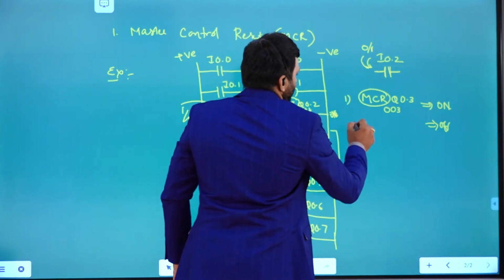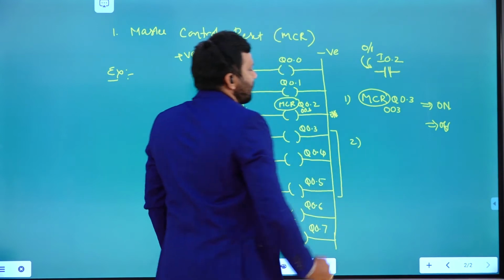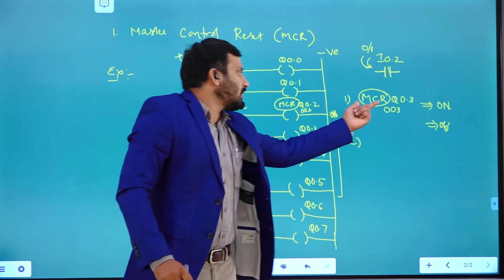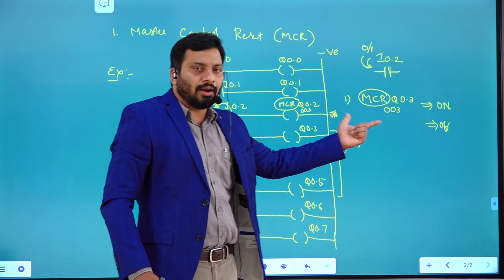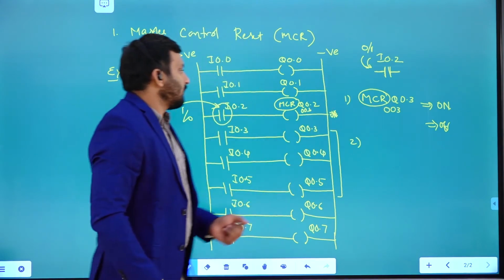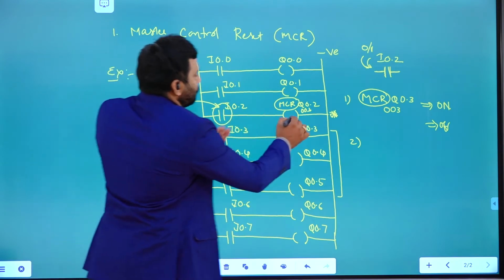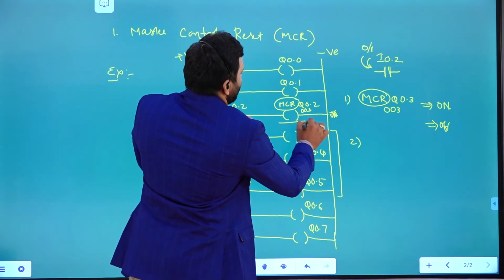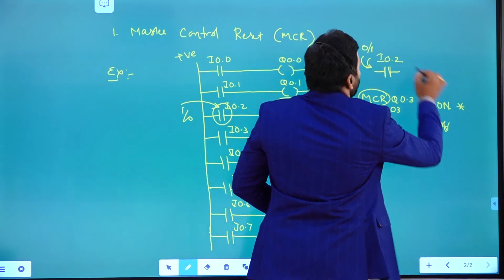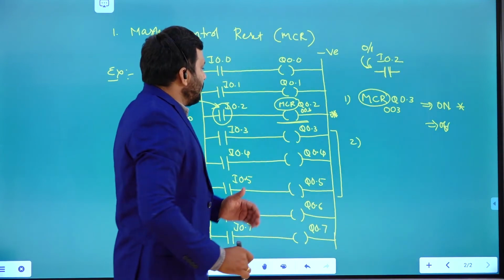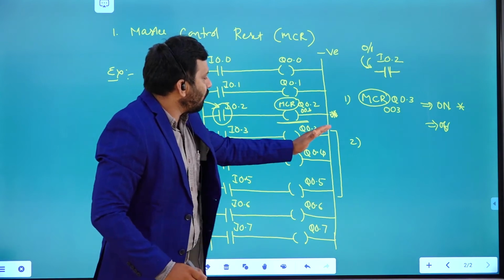This is the first step you need to understand, and the second step you need to understand is how this master control reset instruction is going to work. It is going to work like this: if it is on, that means the output is in active condition due to the input 1, it is not going to perform any operation.